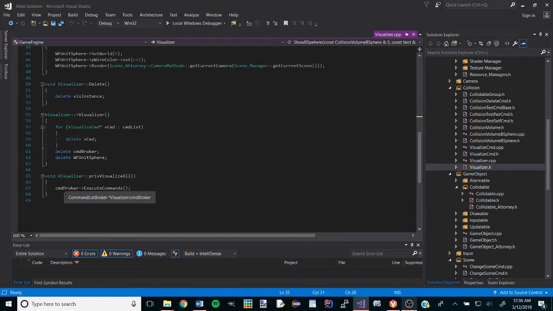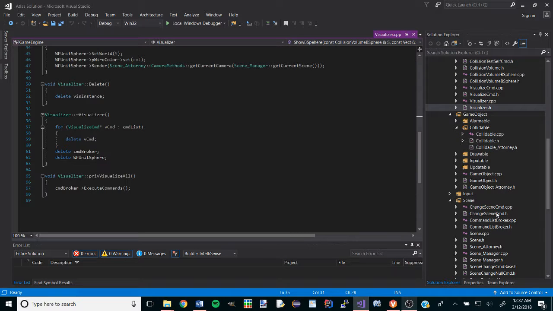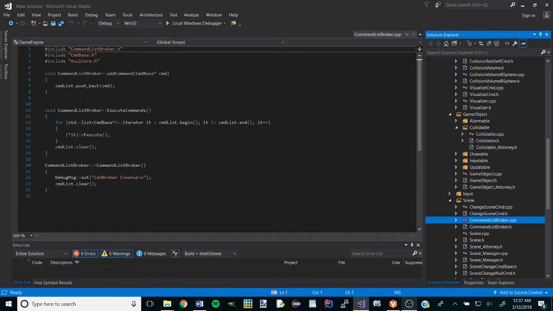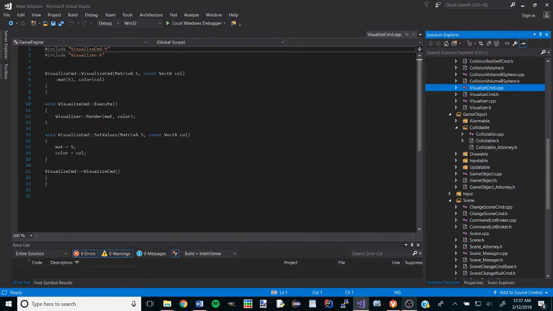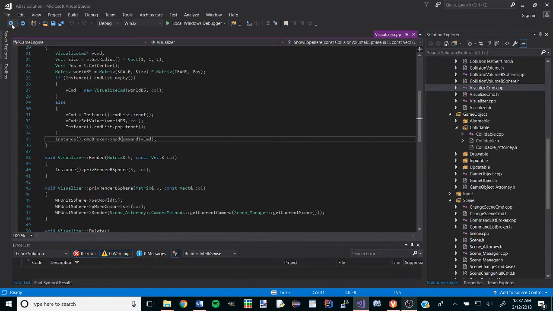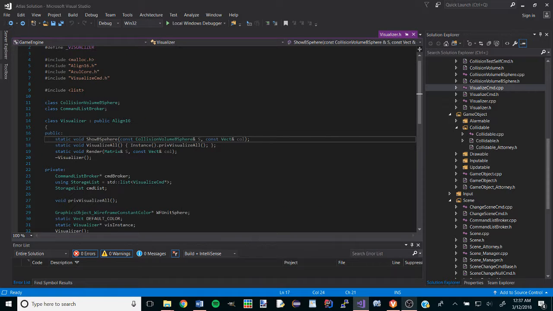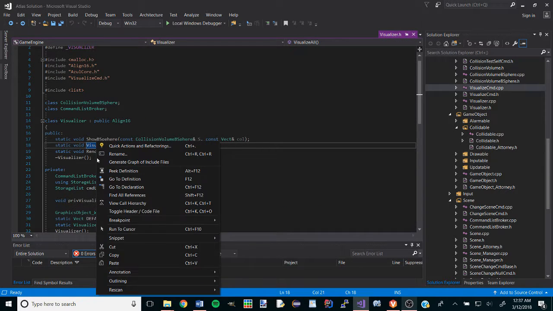We'll just come back and call command broker execute commands, which in here we'll just call execute on all those command bases, which is just the visualize command, which we'll call visualize render here, which we'll just call this render function here,